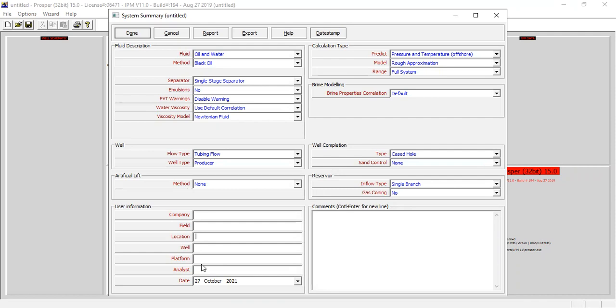Okay, and then the calculation type, predict pressure and temperature offshore, in our case, model rough approximation, and full system for the range. And for the brine modeling, we use default. And this is the important thing, well completion, type cased hole, and sand control, we will use slotted liner. Okay, we will use slotted liner as our sand control method. And the reservoir, inflow type single branch, and gas coning no. All right, so we can click done,